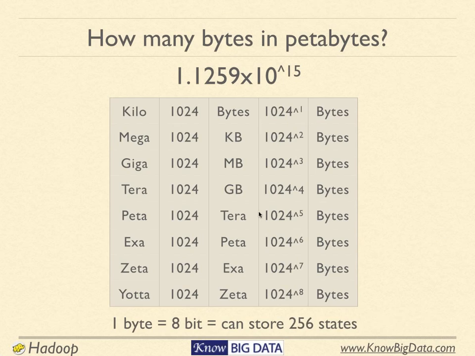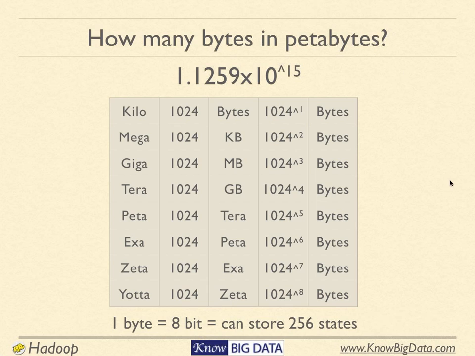This is a general table, the way we remember it. 1 kilobyte has 1024 bytes, mega has 1024 kilo, and so on. This is the way you can remember. And note that a byte is a big number. A byte can store 256 states, meaning if you have to represent 256 different kinds of things, you can use a single byte. Yes, 2 to the power 50, that is another way of saying it. Good, Ajit. Thank you.